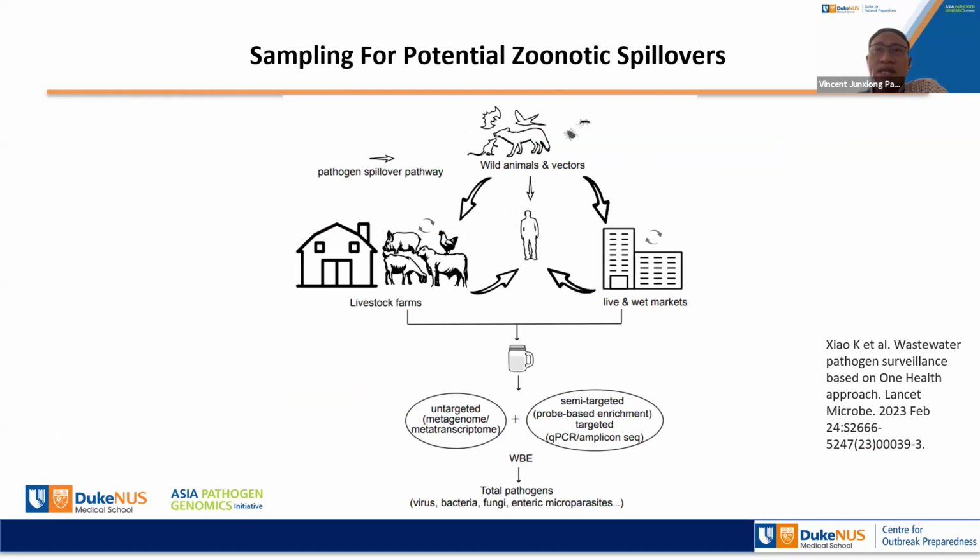So we are all very concerned about the next potential zoonotic pathogens, and therefore there are high recommendations of sampling at the human-environment zoonotic interface, the animal interface, for some of these potential spillovers from animal to human populations. And there has also been a recommendation to adopt the use of next-gen sequencing, either in the form of a targeted sequencing approach or a metagenomics approach.